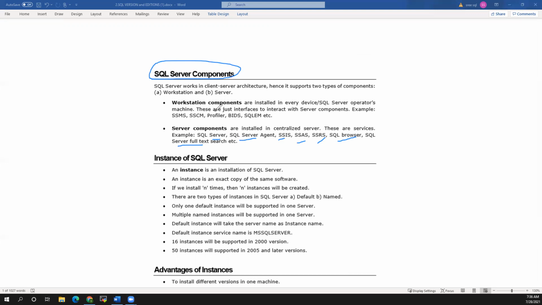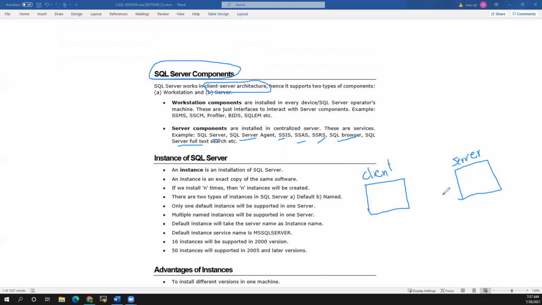general, our model is client and server architecture. What does client and server architecture model mean? So when you have a box, this is a server, and this is a client. We can call it the client and server model.